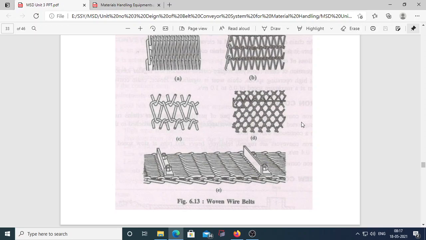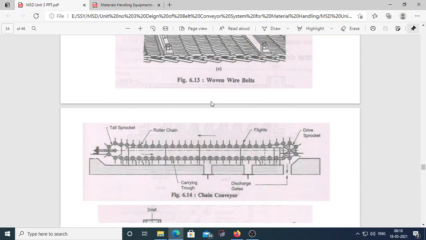Where is the use of that belt conveyor? The oven wire belt conveyor is used for carrying the material to ovens, or we can say the quenching bath or washing plants, drying plants or painting plants. There we are using the oven wire mesh belt. Okay, all of you getting what is the use of that oven wire mesh belt?